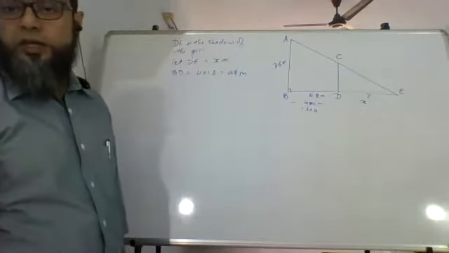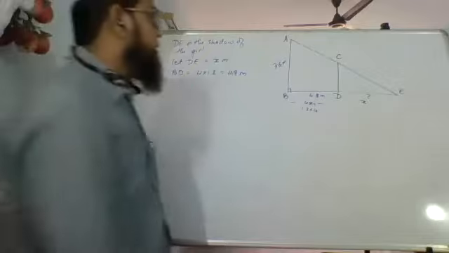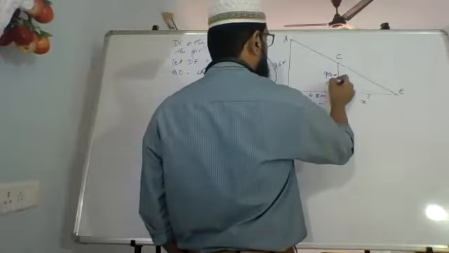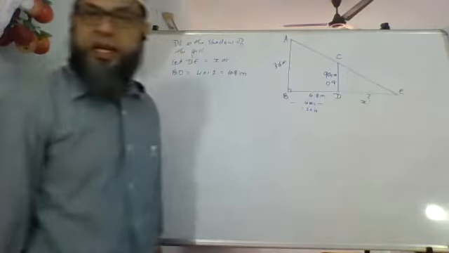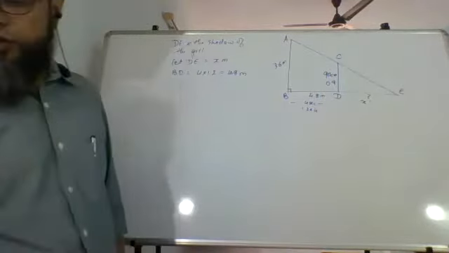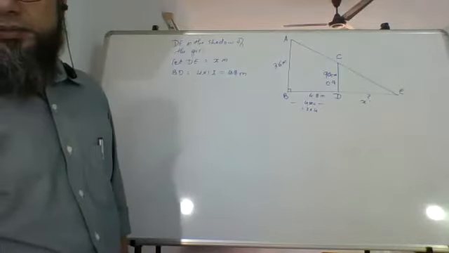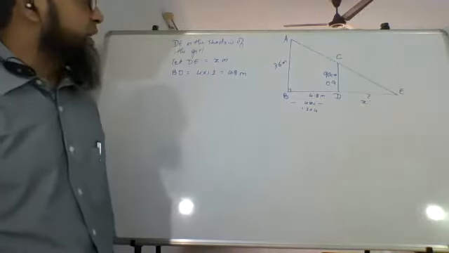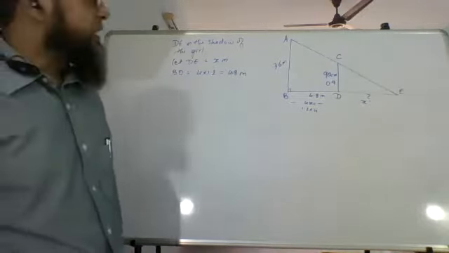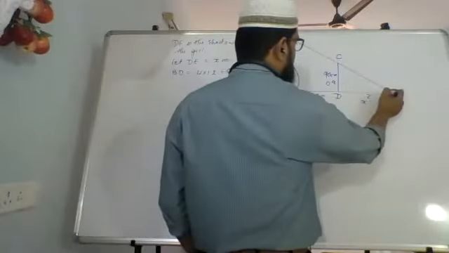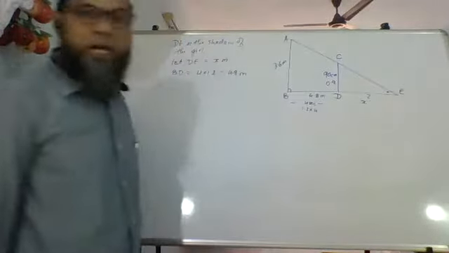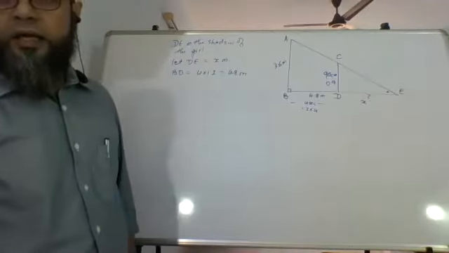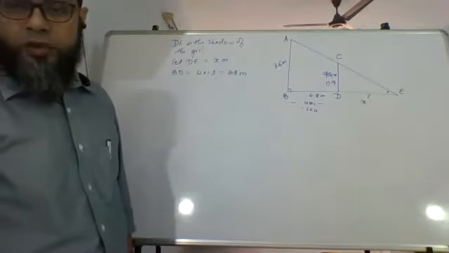Now we are going to consider two triangles. This height is given. This is 90 centimeters, which I can say 0.9 meters, because everything else is in meters. So the girl's height will also come in meters. Okay. Now look at the two triangles ABE and CDE. This angle E is going to be common for both of them.